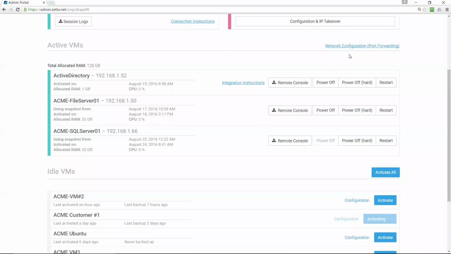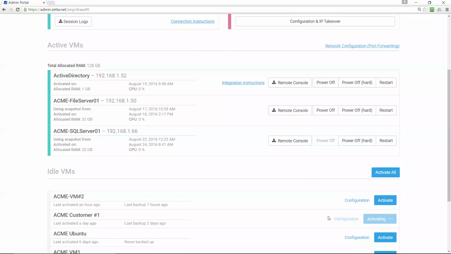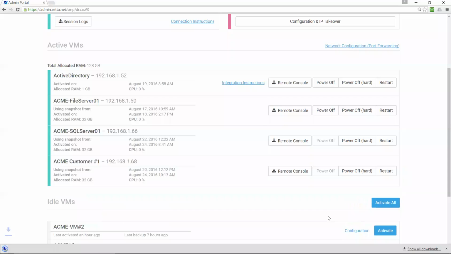This option up here will give you the port forwarding that Jeff was talking about. We can take a look at that in a moment when the VM is done powering up, but that'll let you set up port forwarding. So if I were to power up a web server or mail server in the cloud, I could then enable port 25 to allow the mail to come through, or enable the web access port to allow web traffic into the one machine. And after today, we're actually doing a release later today, it'll say virtual firewall configuration instead of port forwarding.